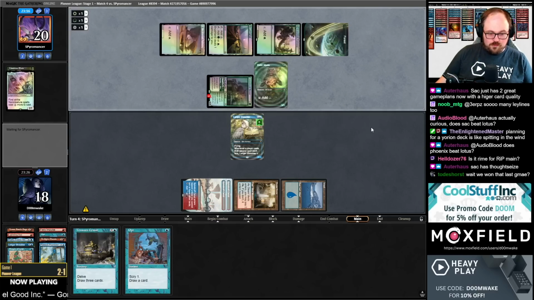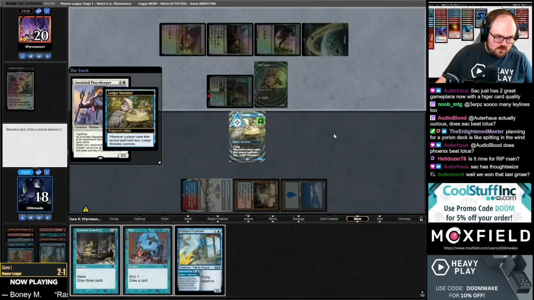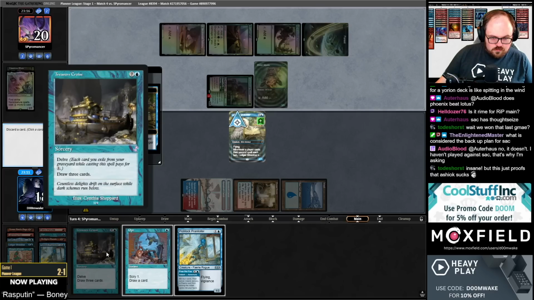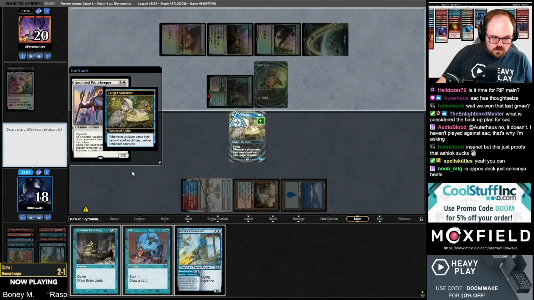We won that last game? Yeah, we did. They made some questionable attacks. Anointed Peacekeeper. So this thing is going to make it cost 2 more. But, chat, correct me if I'm wrong, I can just exile 2 more cards. Okay. So I'm going to discard...